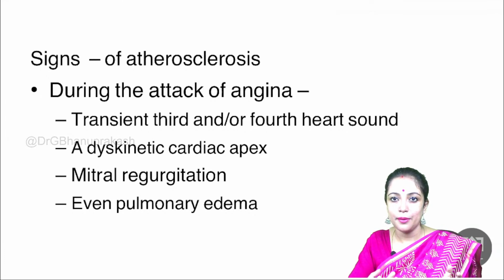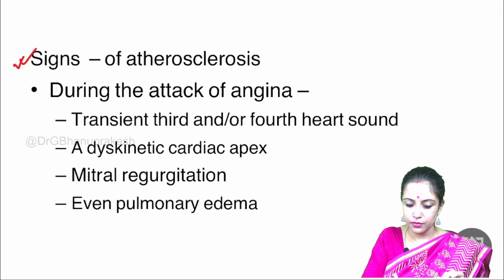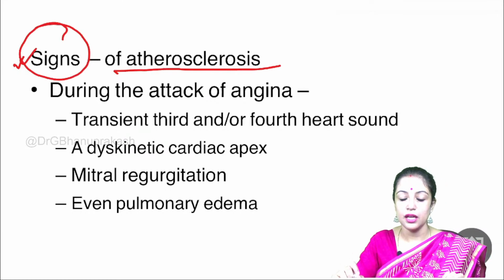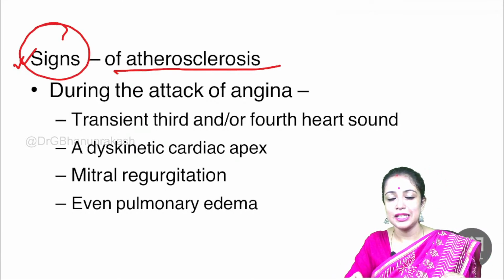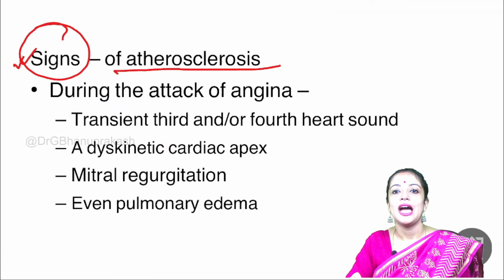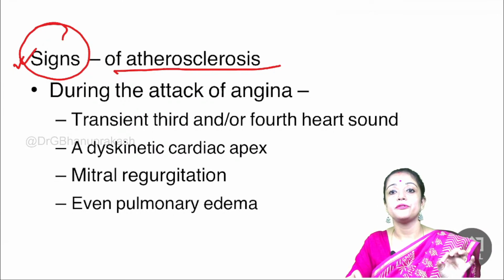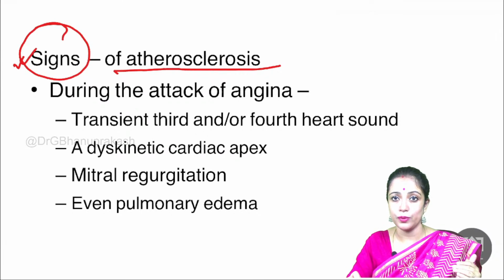And when we examine a patient, we will be looking for the signs of atherosclerosis as well. If there is atherosclerosis in the carotid, then there will be carotid bruit on auscultation. If there is abdominal aortic aneurysm, then again we will have bruit or murmur on auscultation of the abdominal aorta. And if there is peripheral vascular disease due to atherosclerosis, the peripheral pulses will be diminished. So these are also very important points to look for atherosclerosis in other vascular beds.